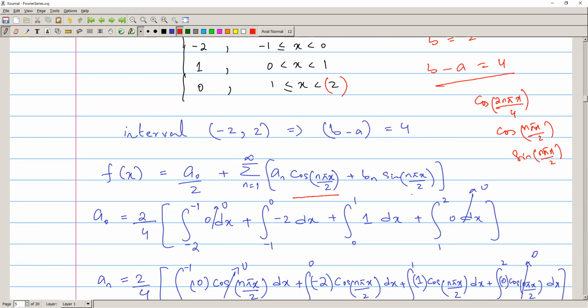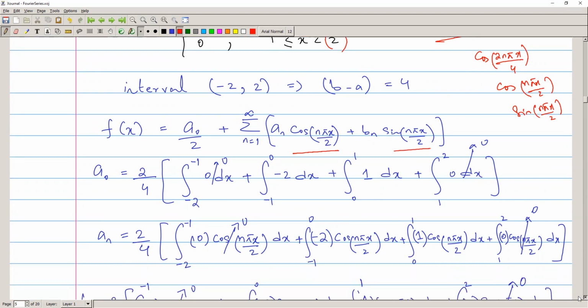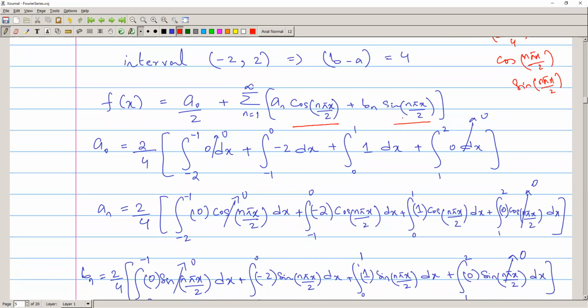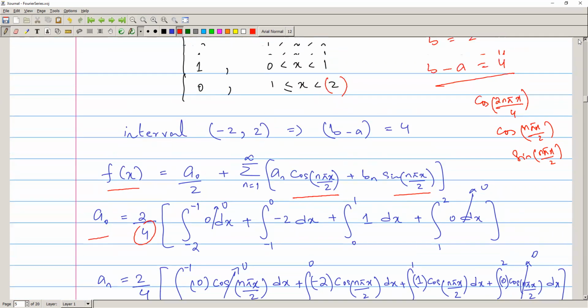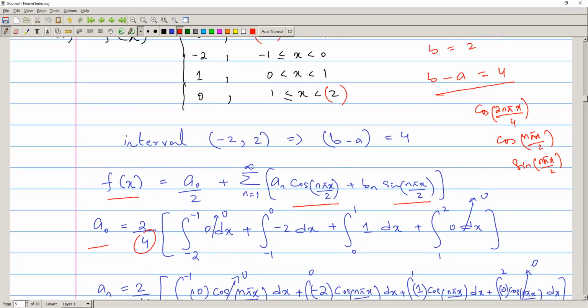So here are these cosine n pi x over 2 and sine n pi x over 2, right? So the series will be in this form. And again, for a naught, it's 2 over b minus a, and b minus a is 4. All right, and we will apply the integrals piecewise. So from -2 to -1 is 0, so it will be 0. For -1 to 0 it's -2, then 0 to 1 it's -1, oh sorry, +1, then from 1 to 2